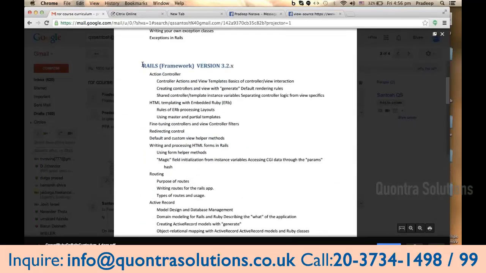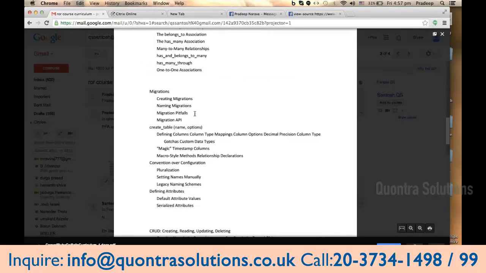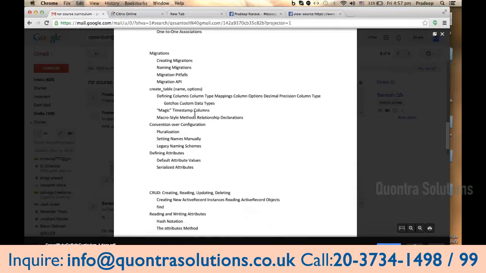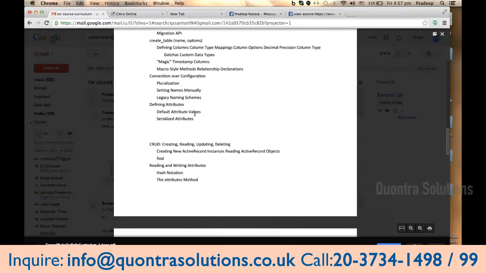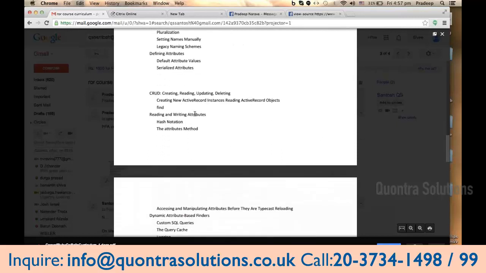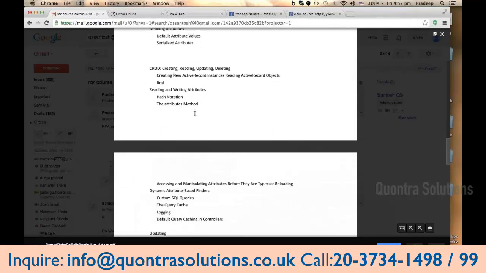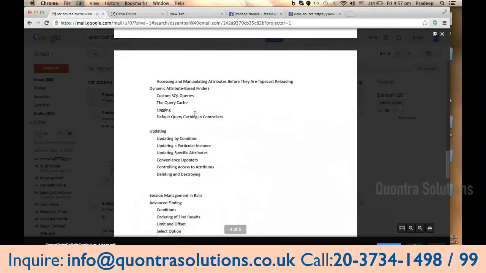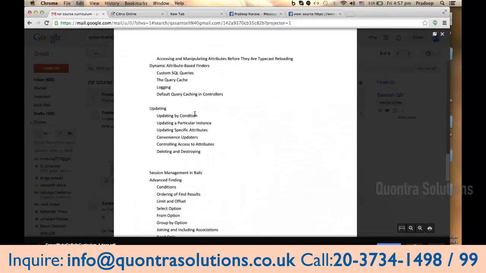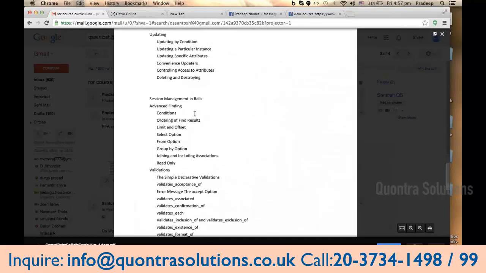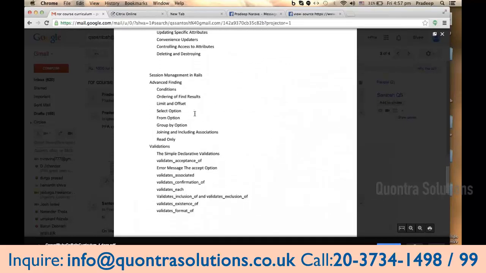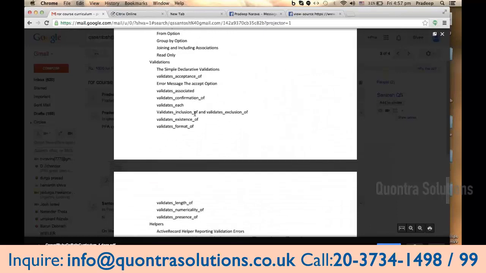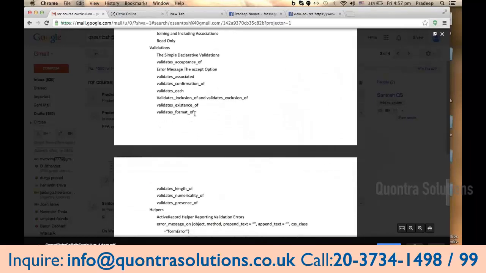After we finish with the Ruby language, we'll go with Rails. Migrations are a very good feature in Rails compared with other frameworks, and we'll cover conventional configurations, creating, reading, updating, and deleting, custom SQL queries, advanced finding, dynamic finders, session management, and different types of validations in forms in Rails.